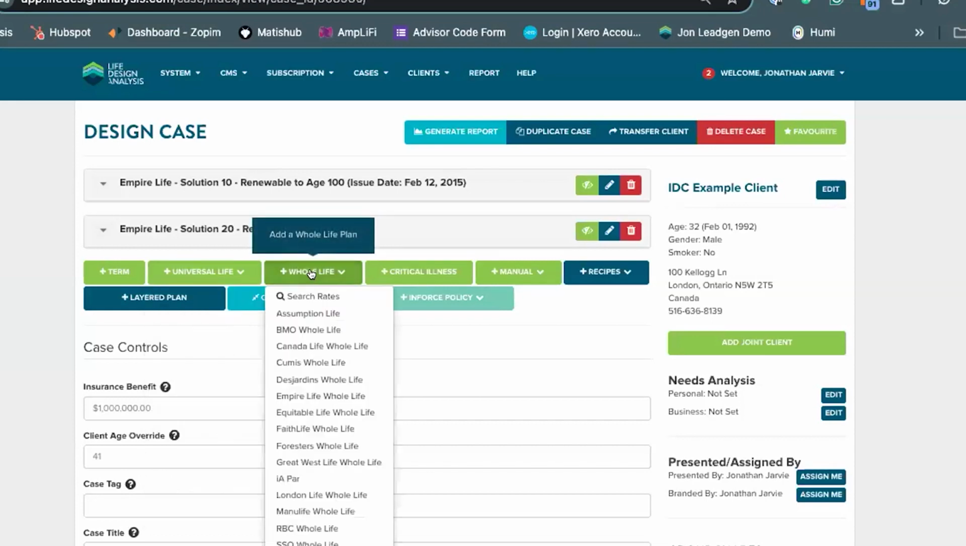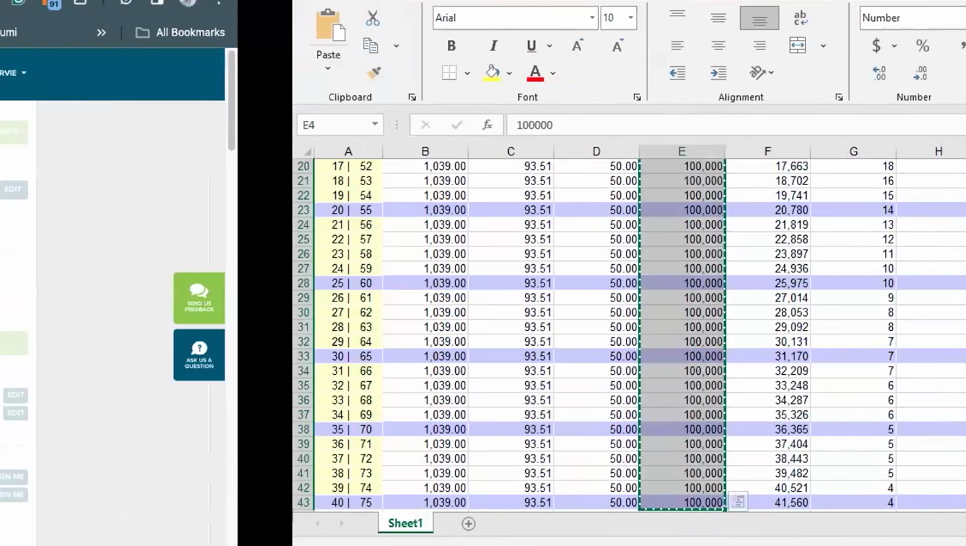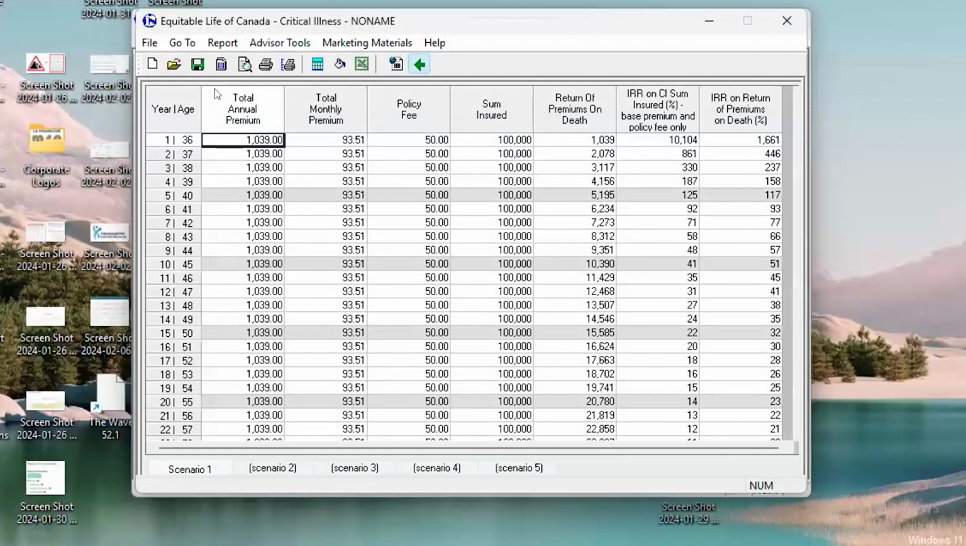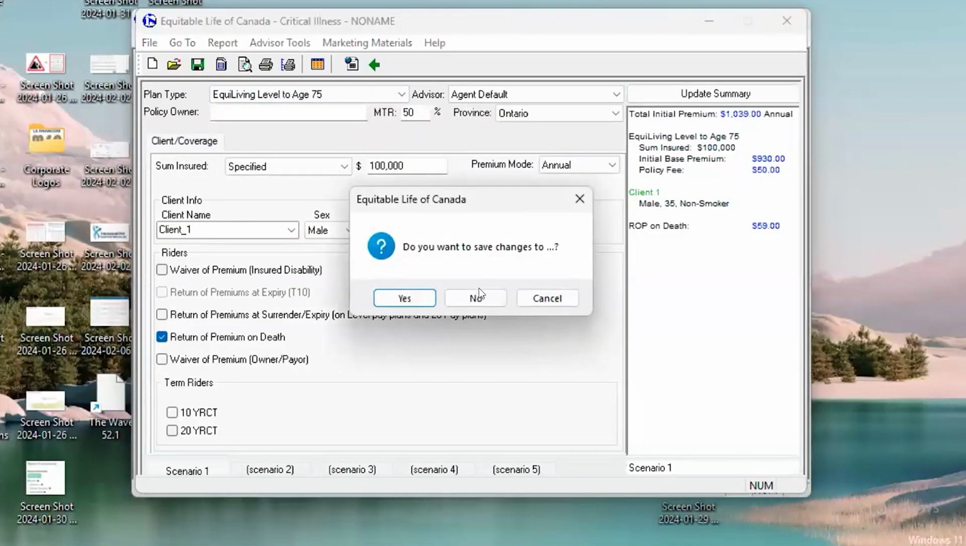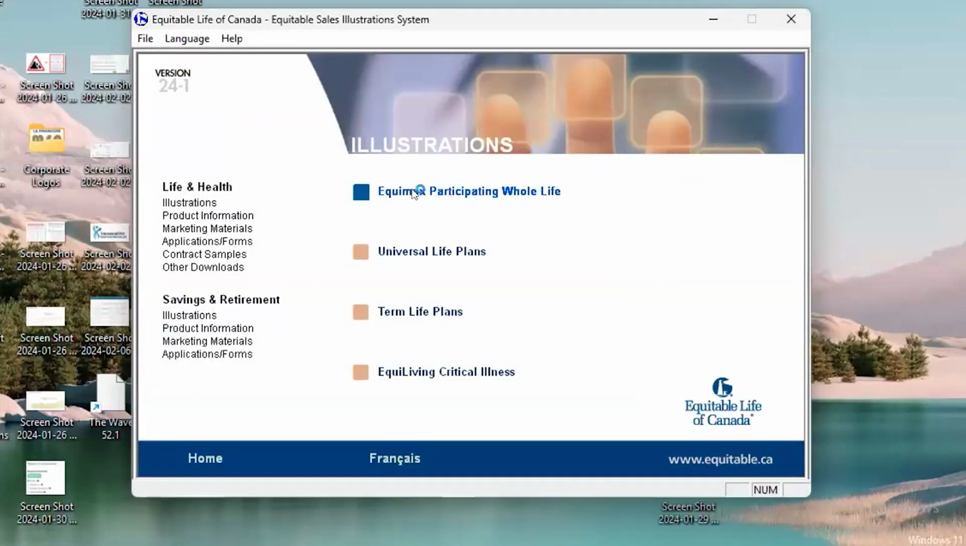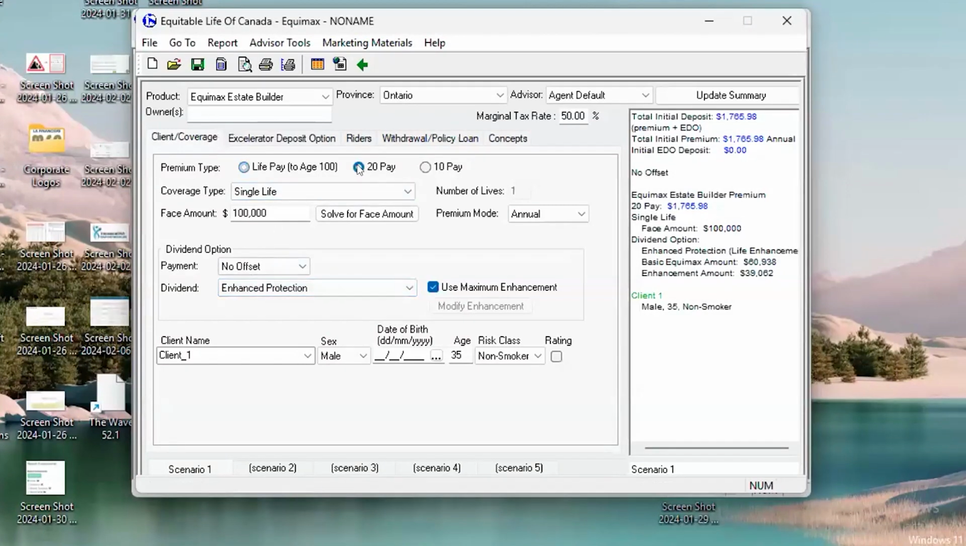But in this scenario, I'll just say I'm going to load in a whole life. Maybe I'll use Equitable just for example's sake here today. So I'm telling the system I'm adding in an Equitable whole life. And while we wait, I'm just going to access their illustration software here quickly, and I'm going to bring up a scenario for a par whole life plan. So whenever we're working with participating insurance, the carrier's illustration is always the best and most accurate example to design